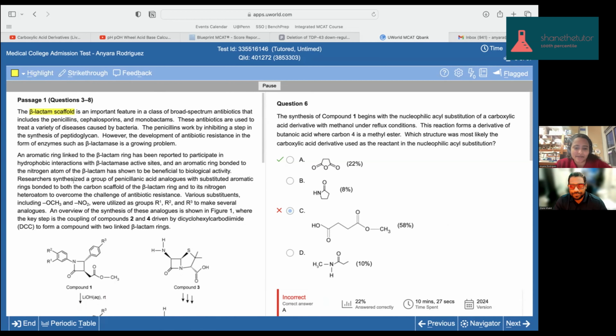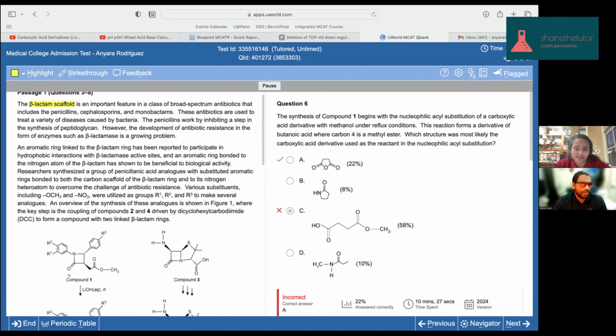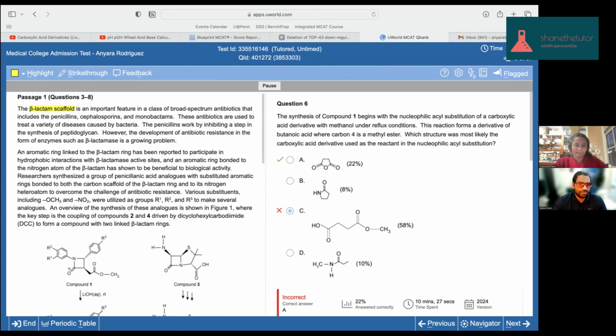Do you remember what, isn't it not this? Or am I confusing it? Like a ring, this is what I'm imagining when I'm thinking of a lactam ring. So what about that? Like an amide. Yeah, so lactams will have that amide group. So you have the double bonded carbonyl and then the nitrogen there. So good.